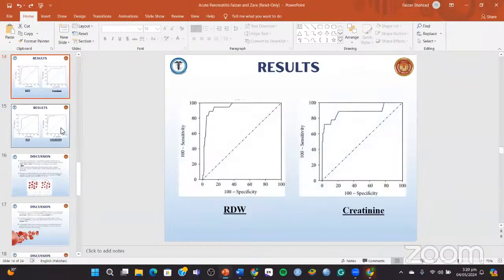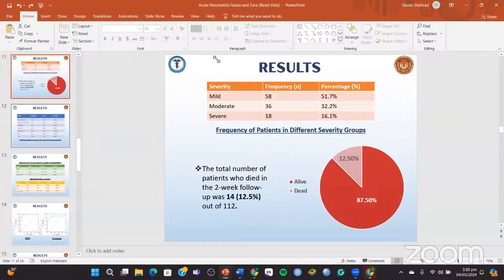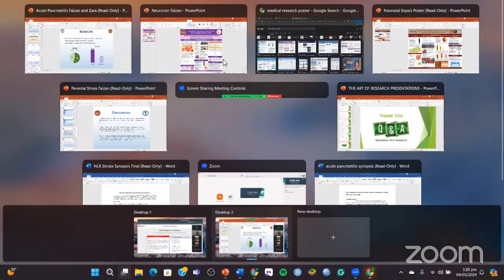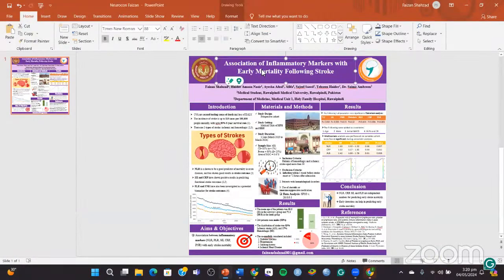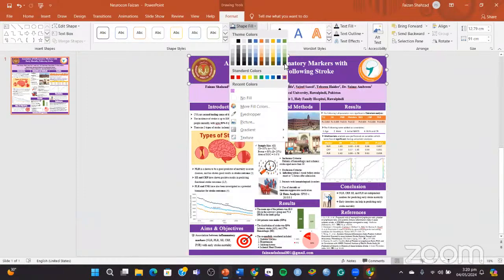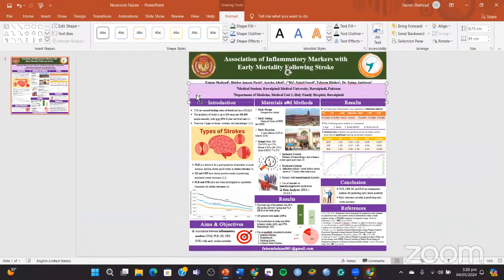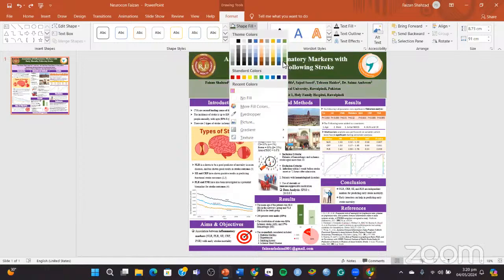But in a poster presentation, never use black, or make it light, right? You have chosen this purple color, but now you want to make it light. You can make it light. So how are you gonna do it? You're gonna use green, and then you're just gonna click on green again,